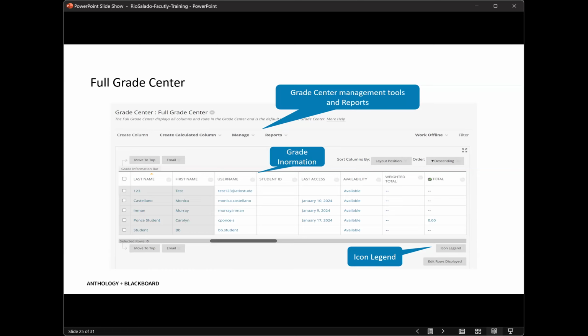Button to highlight is that icon legend that's at the bottom right hand of your screen. Now, I will share that there is an email option built within the Grade Center. This is not something that your team is able to hide. The email function doesn't really work within your Blackboard system because your student users do not have access to an email system and they're not given an email address. So if you need to contact your students, you're kind of using that journal tool, or if you set up the liaison program, or you'll want to contact them a different way.